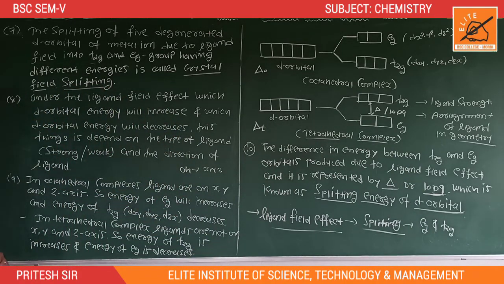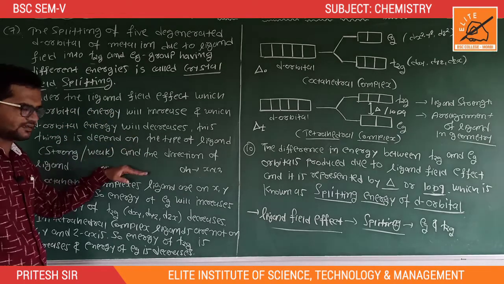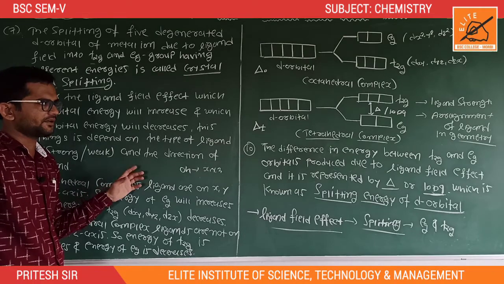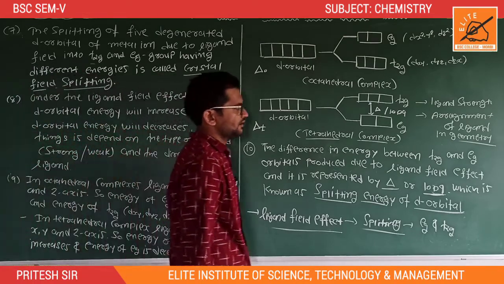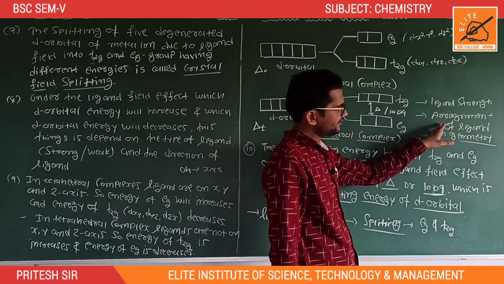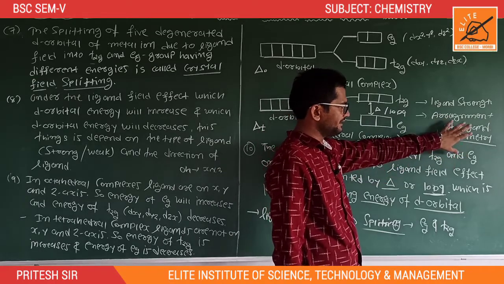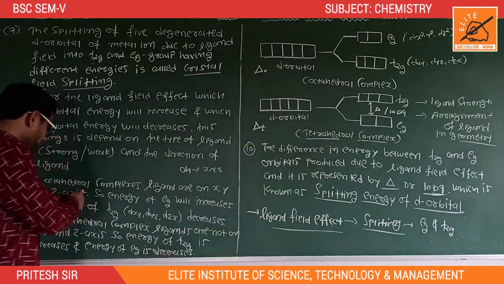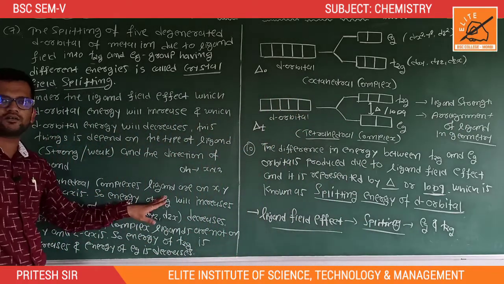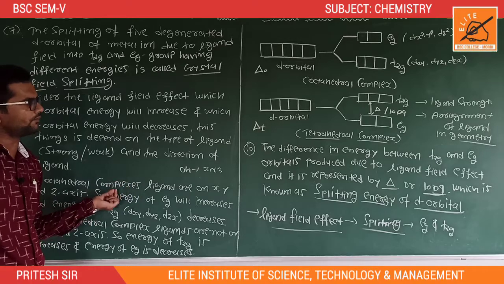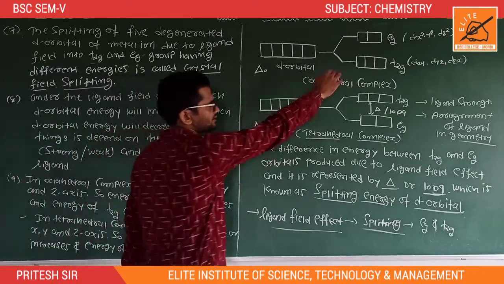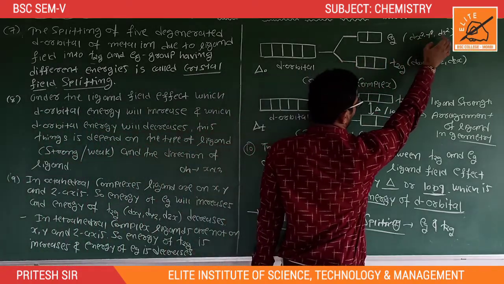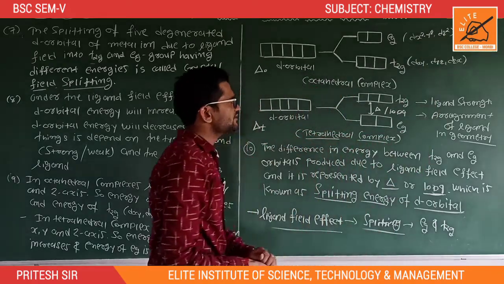Crystal field splitting. Under the ligand field effect, which orbital energy increases and which decreases depends on two things. The first is the strength of the ligand, and the second is the arrangement of the ligands in the geometry. Arrangement means that in octahedral complexes all ligands are on the x, y and z axes. So the energy of eg increases due to repulsion between dx² and dz², and the energy of t2g